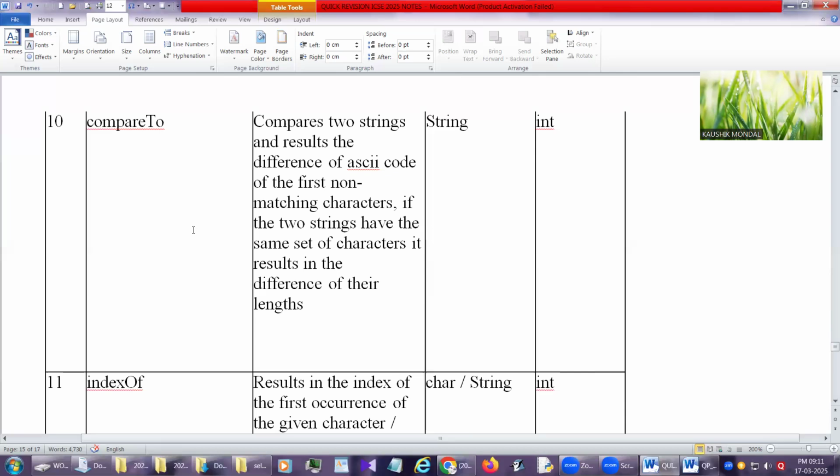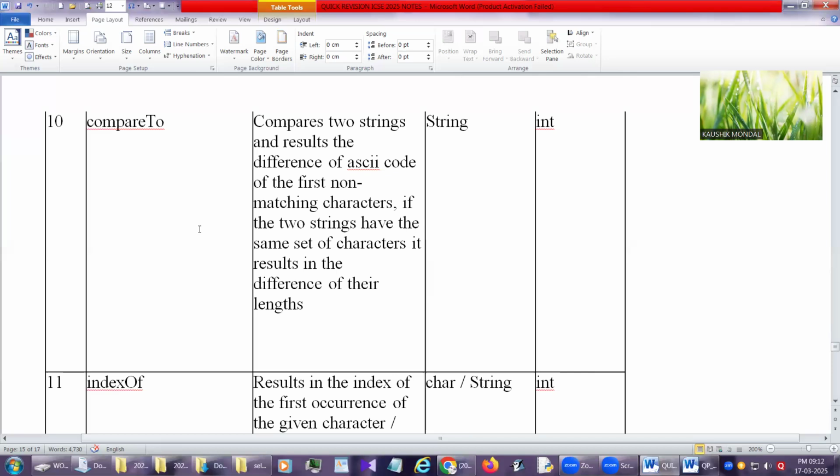Where the character mismatches, like C and D, the ASCII value of C minus the ASCII value of D, it will return -1. But if we have ABCD dot compareTo ABC, then what happened? A same, B same, C same. No character is left to check with D. So the length of ABCD, 4 minus 3, will get 1.